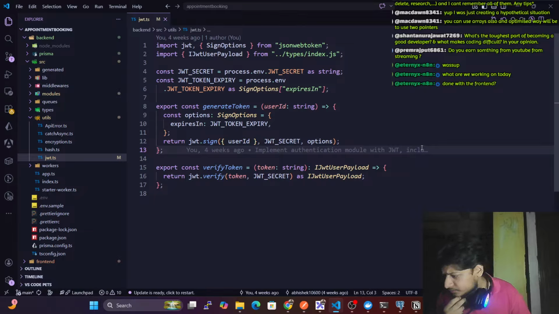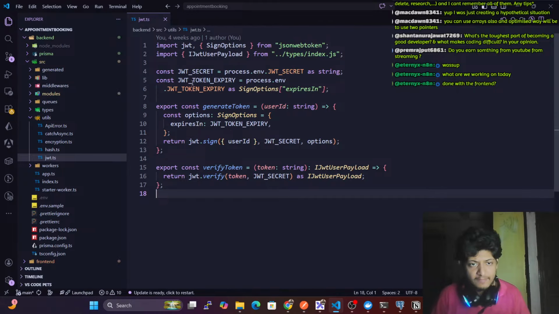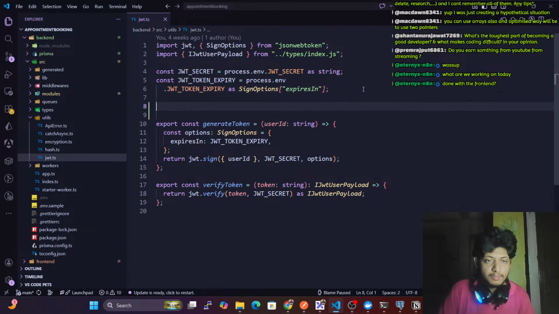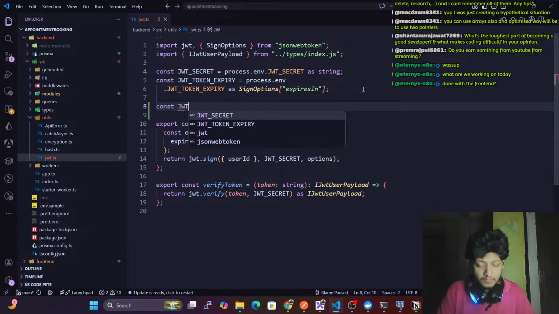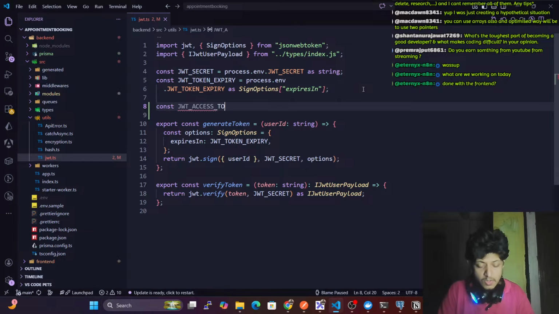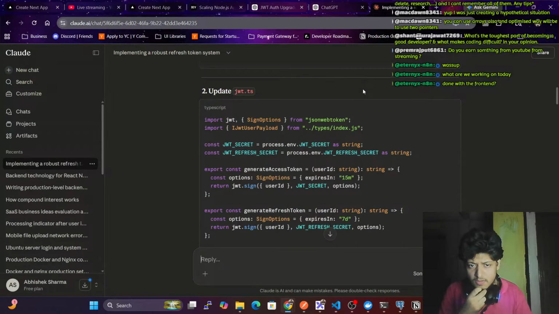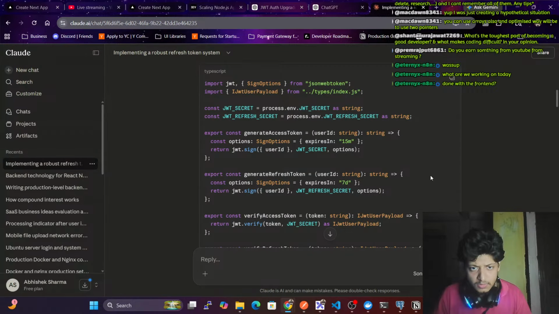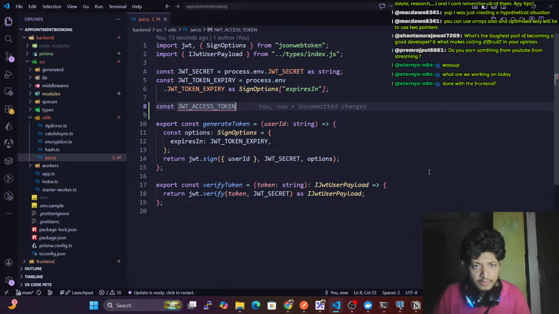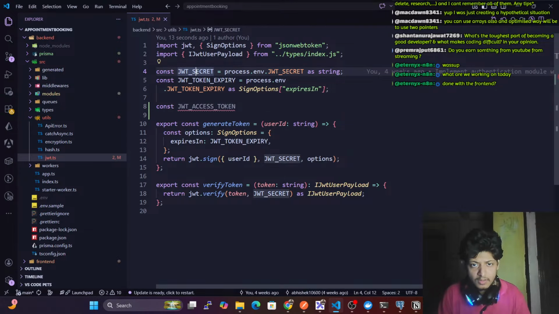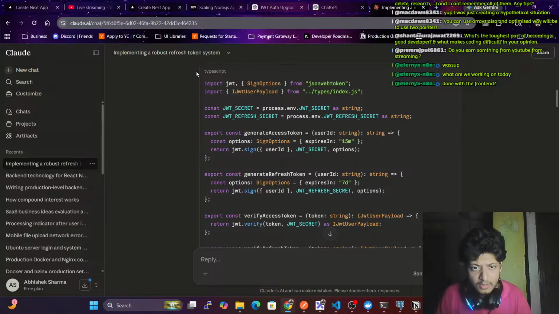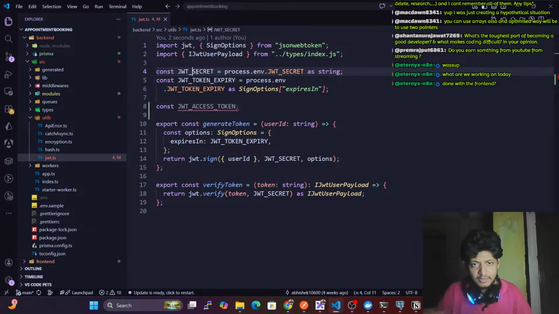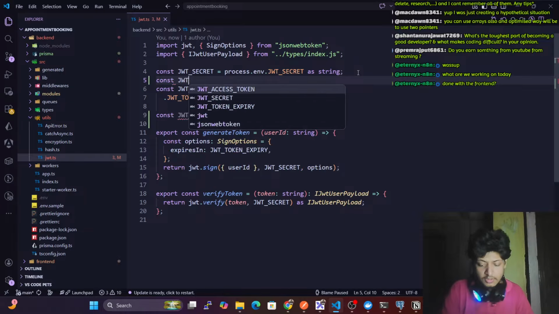Then you're done with the front end almost. Token expiry, just a sec. What we'll do, simply we'll go here: const JWT access token, generate access token, secret. Access secret into this, and here const JWT